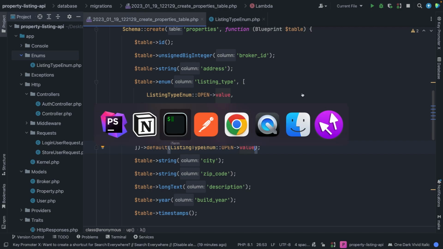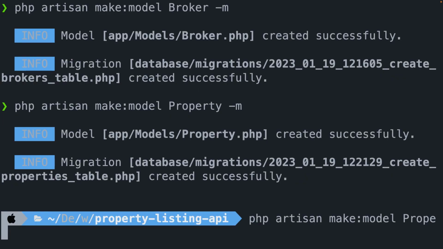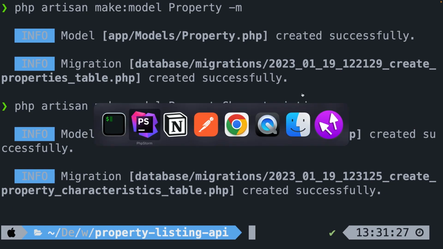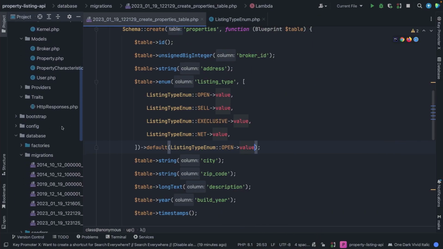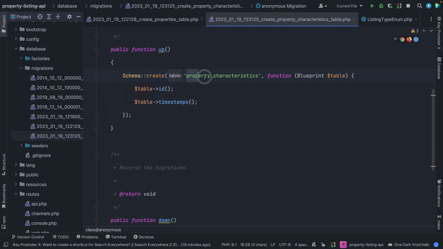So let's navigate back to iTerm. Let's say that we want to create a new model named PropertyCharacteristic, and we're going to add the -m flag to it. It has created our model and migration. Let's navigate back to PHPStorm, and let's quickly open our new migration, which will create a new table called